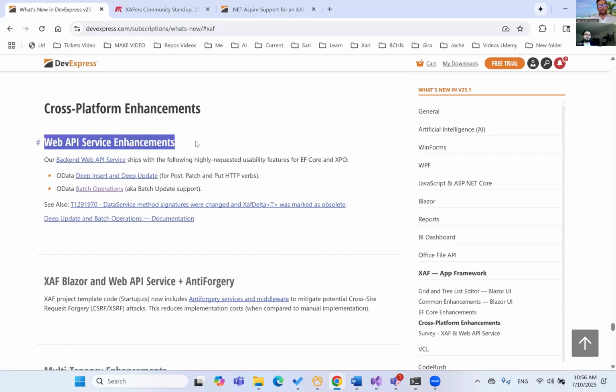From the Web API, the only thing that I would really want to mention is this batch operation support. We have been wanting that for a while. We had to do some workarounds to make it work. So we actually had it working, and now it's really good to see that DevExpress supports it out of the box. So we definitely moved to this